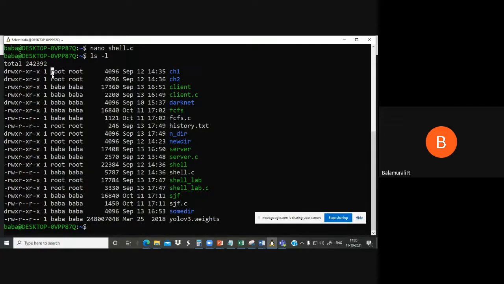And what is the username? There are two things. One is the root user and another one is, I guess, your current directory or your home directory. And then the size of the file, what is the size of this file? And then this is the date at which it is created.